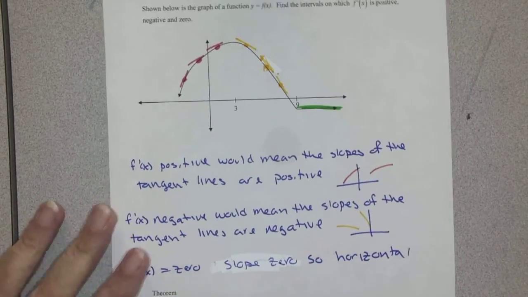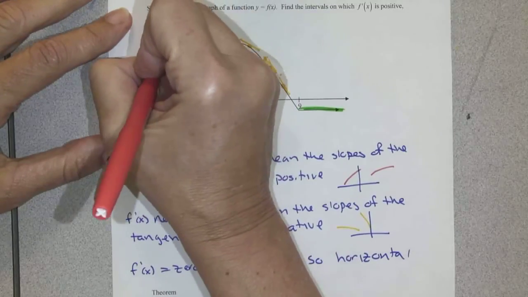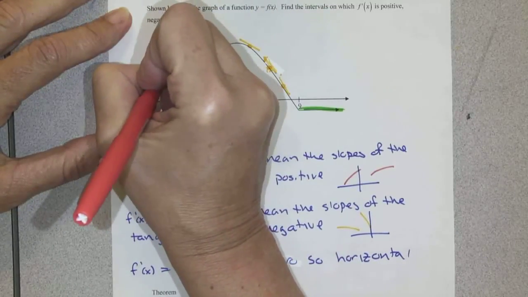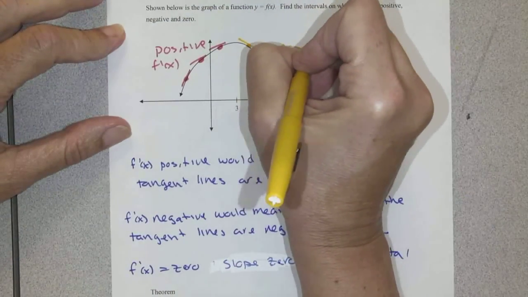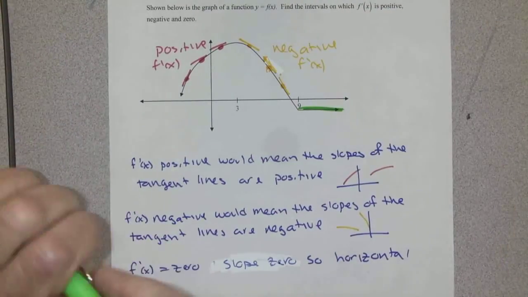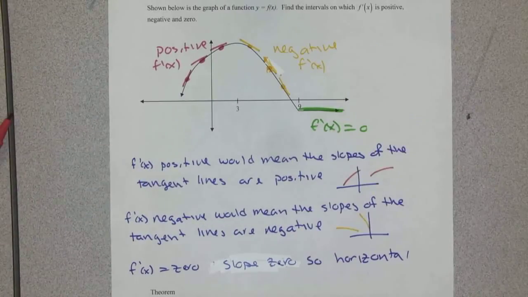So I marked it up. Positive slopes in red, positive f prime of x. Negative slopes in yellow, negative f prime of x. And in green, f prime of x equals 0. So I marked that graph all up. And let's compare that